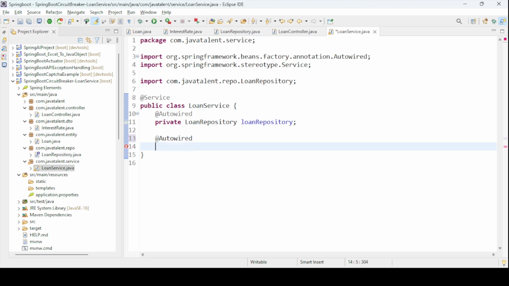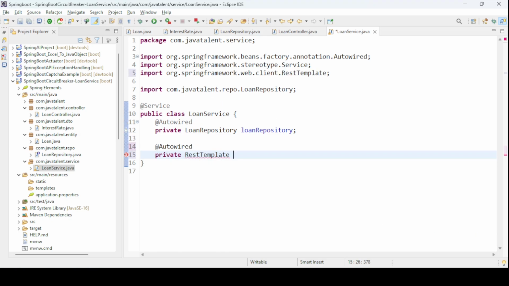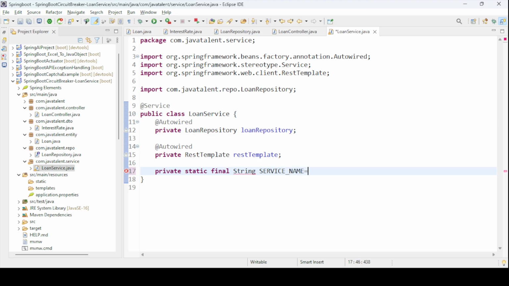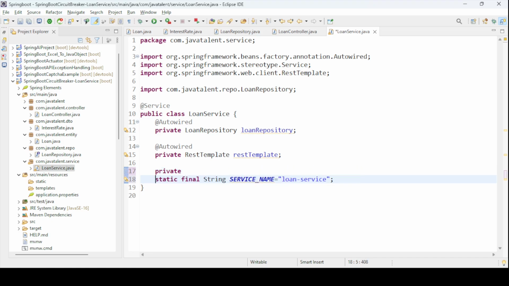So, REST template. With the help of REST template we are going to call that method. That's it. I am creating some private static variables, nothing else. Private static final String SERVICE_NAME for my loan service, and one additional one will be,